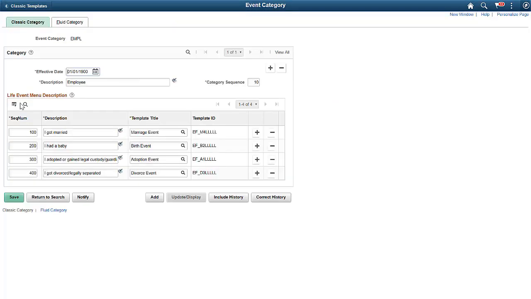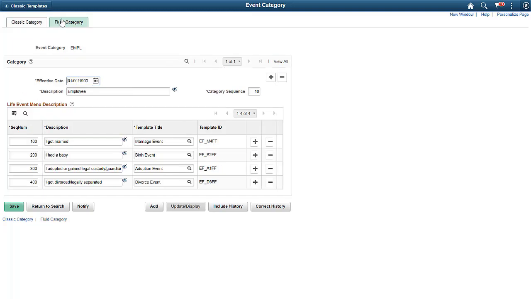Click the Fluid Category tab. Enter a new effective date for the event category. Depending on the order in which you want the new template to appear, you can give a sequence number.